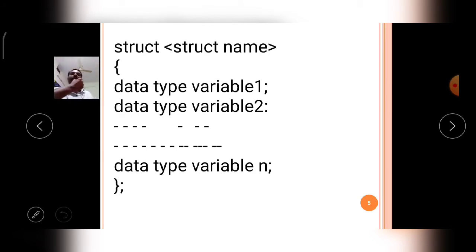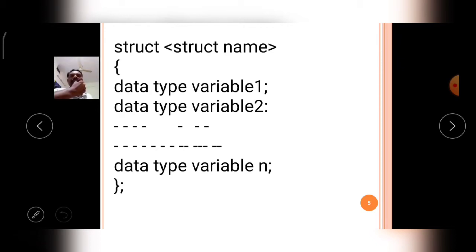In a simple manner, the user defined data types are built by the user or programmer according to the requirement of the program. Data types constructed by the programmer are called user defined data types. The user defined data types are classified into three types.